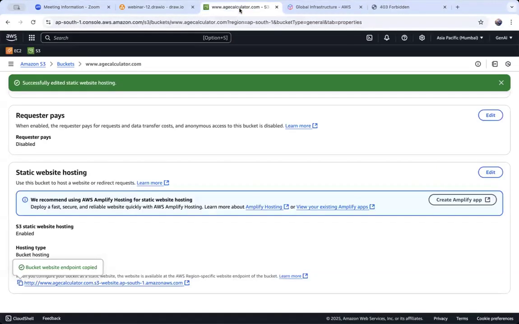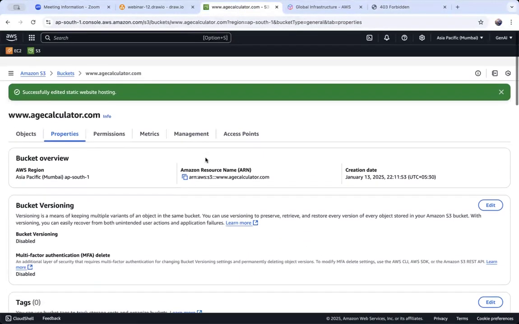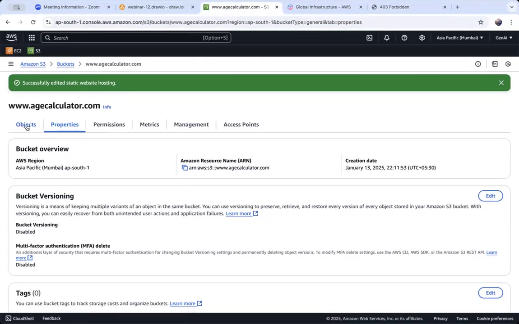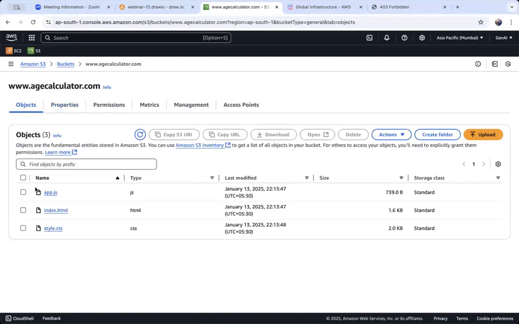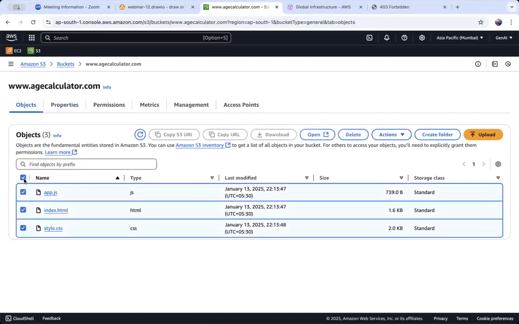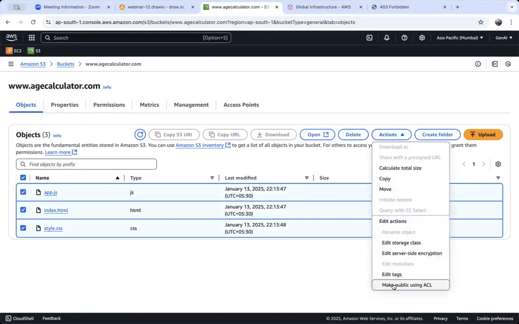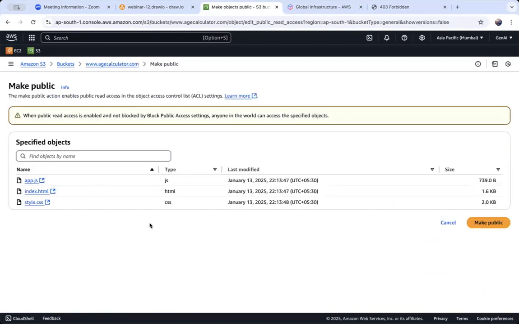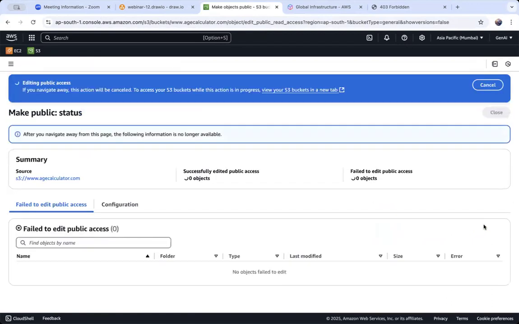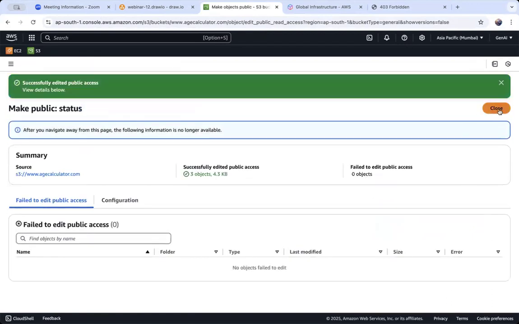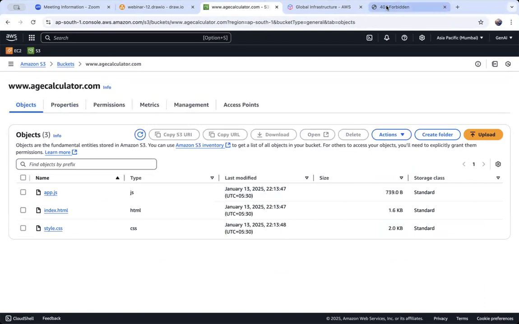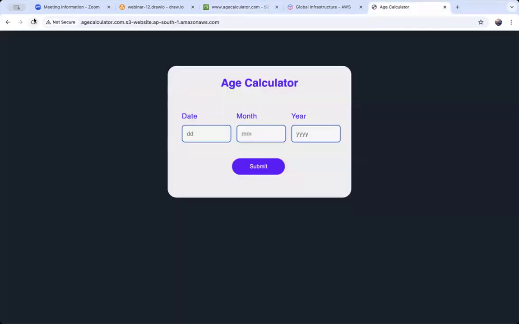Go to your bucket. First option here, objects. Select all the files, folks. Go to actions, and in the last option you can see make public using ACL, that you need to click. For all three files I am saying yes. That's it. Once it is done, go to your website and refresh, and you will see the age calculator is available